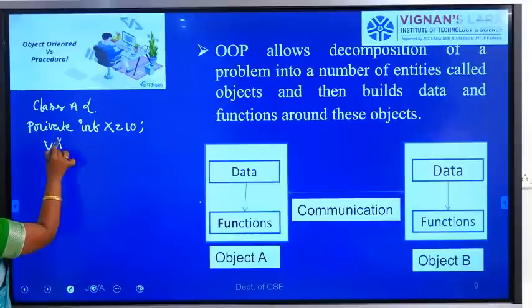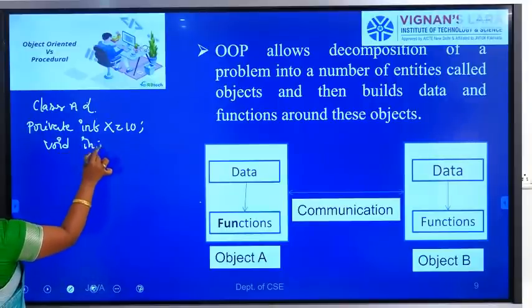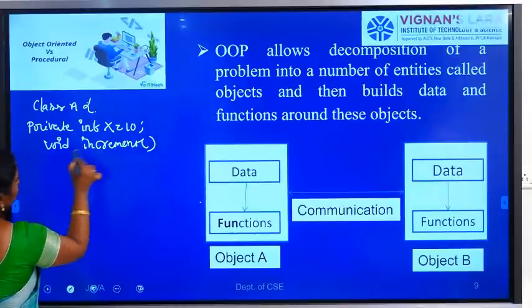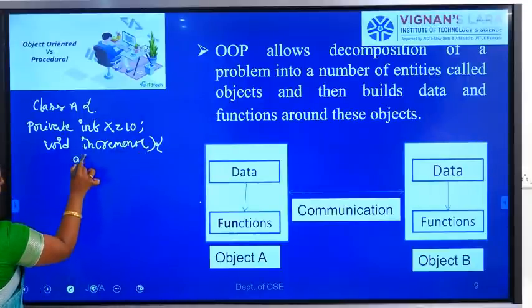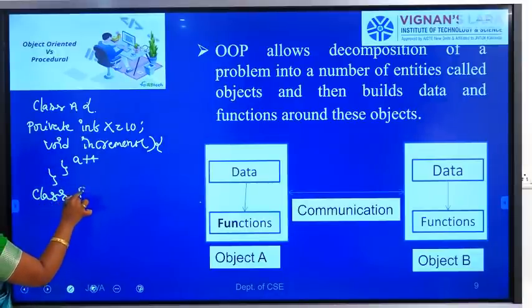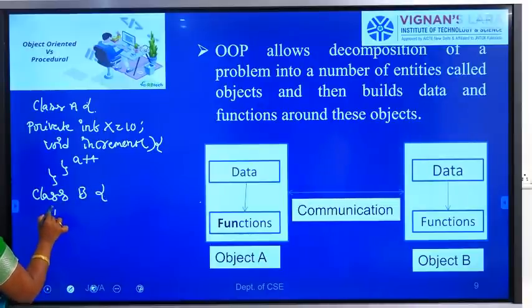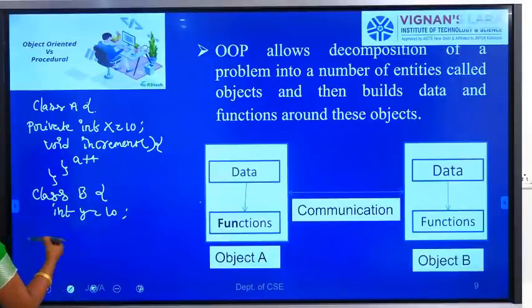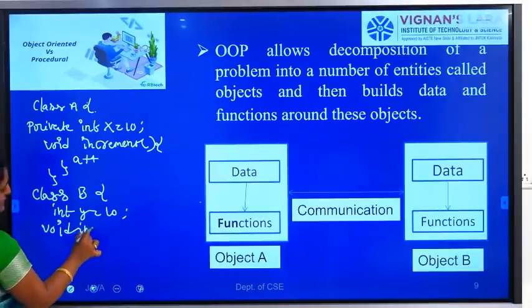Next I define one function, void increment, with x plus plus, and then we close the braces and the class. Next we define another class, B. Here we define one variable, int y equal to 10. In this class also I define the same function, void increment.